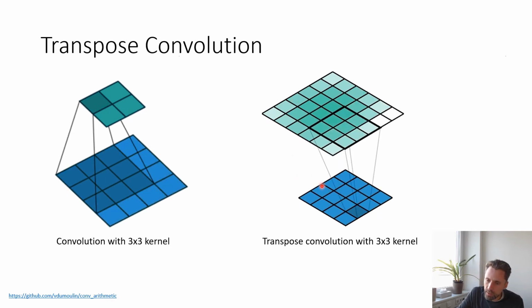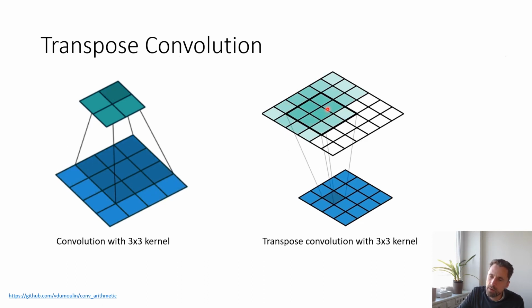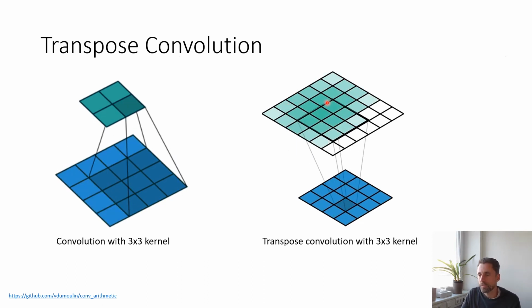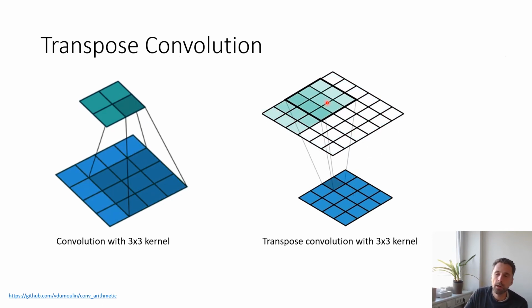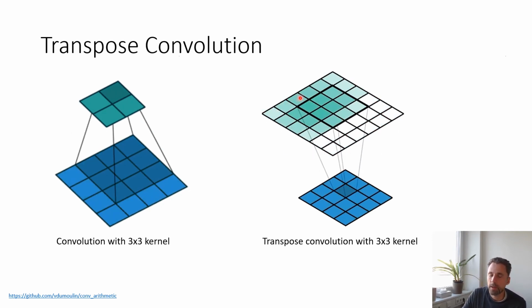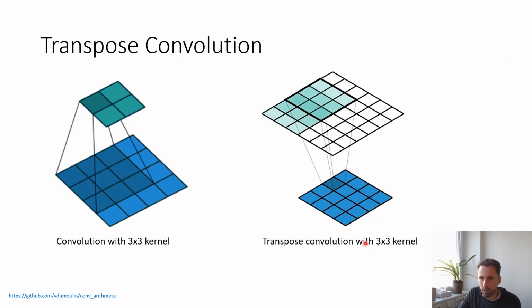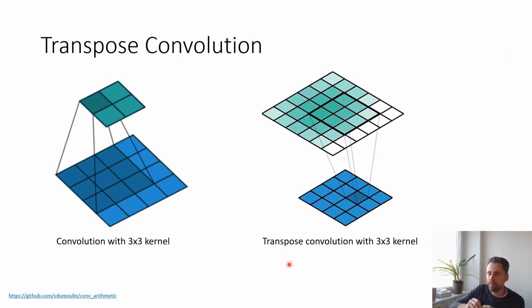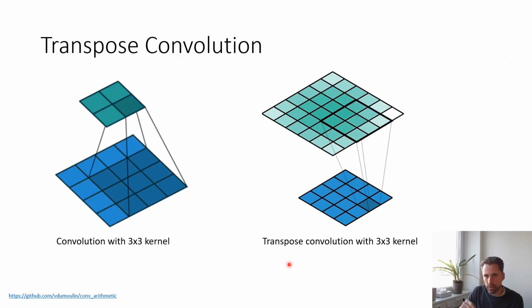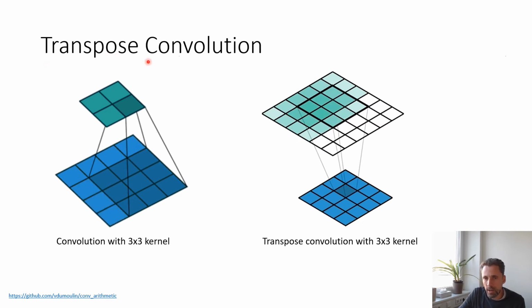And now you repeat that with the next input. And in some areas, these two results will overlap. So you sum up for each of these positions all the results that overlap. Okay, so this is a very simple kind of way to have an upsampling step with learnable parameters. And the reason it's called transpose convolution